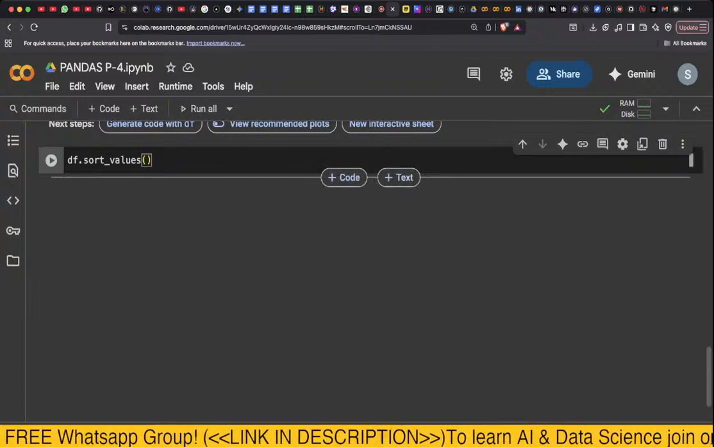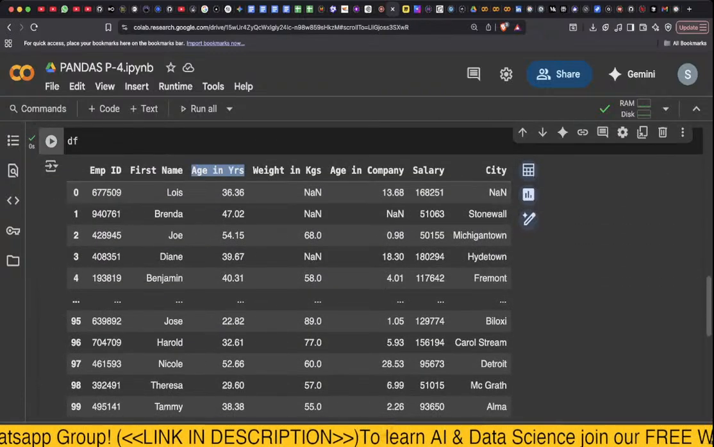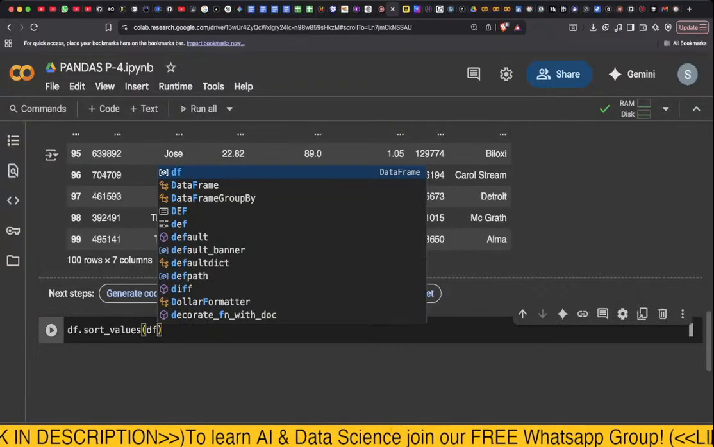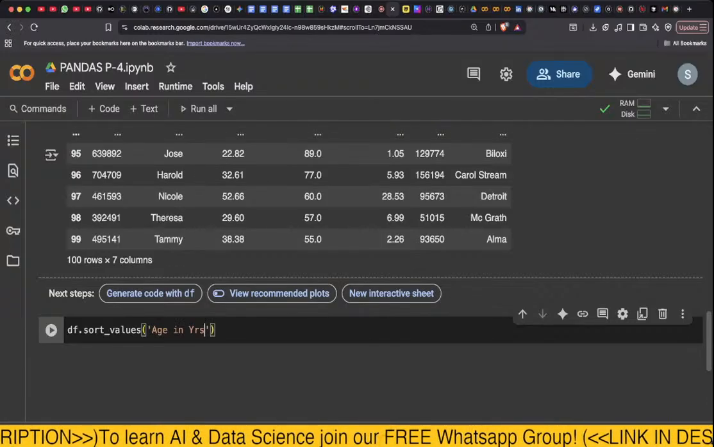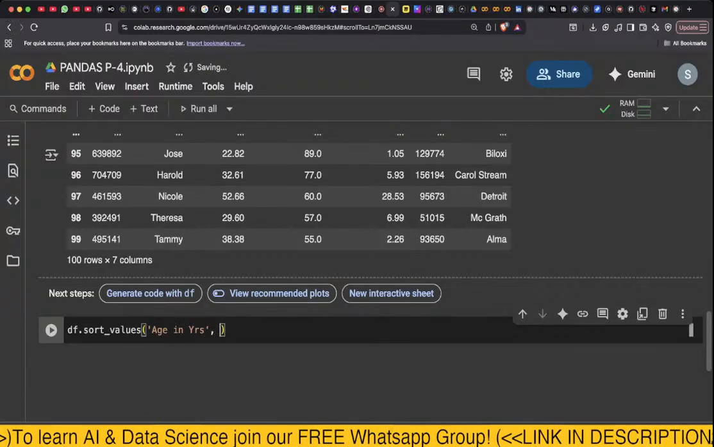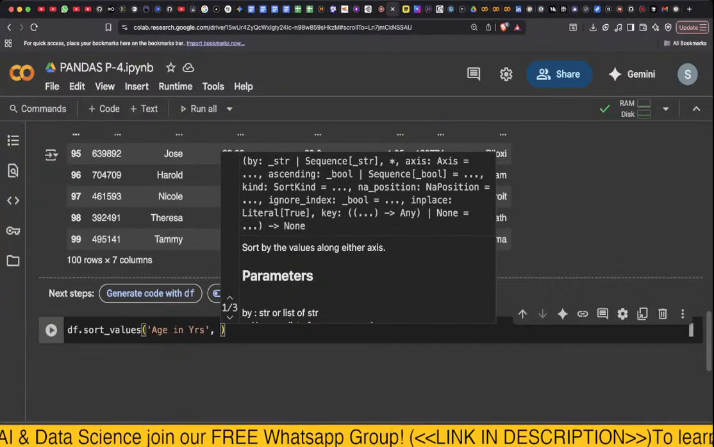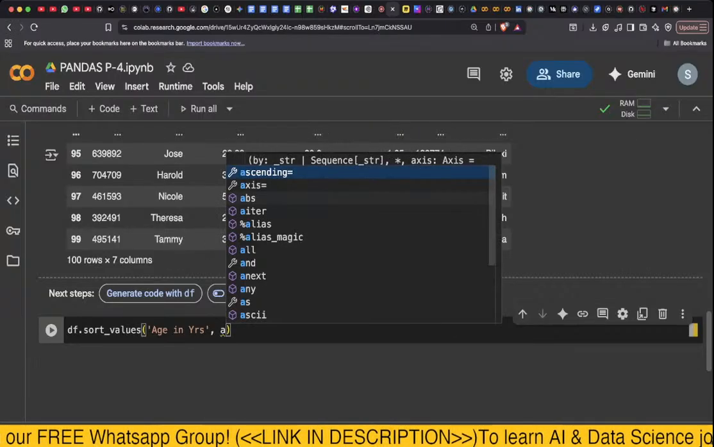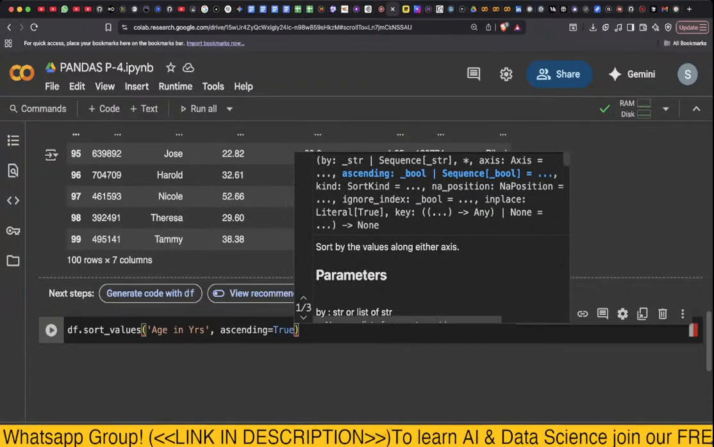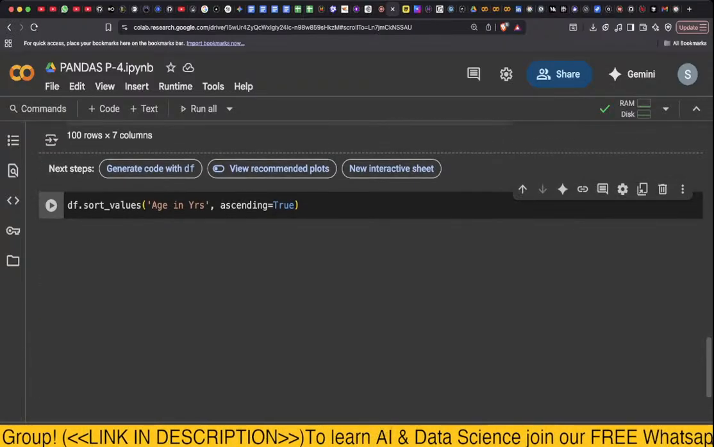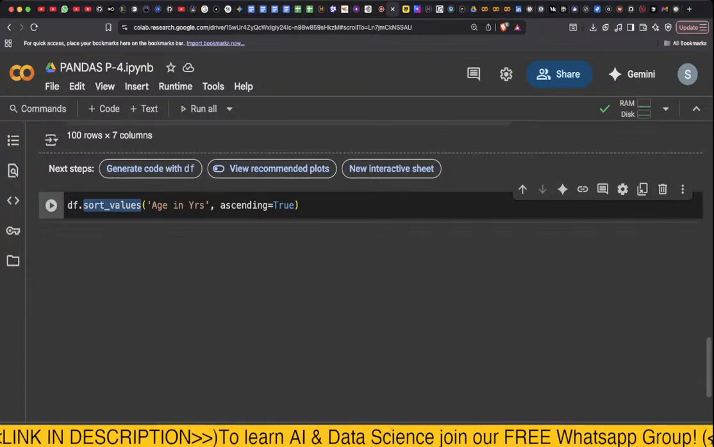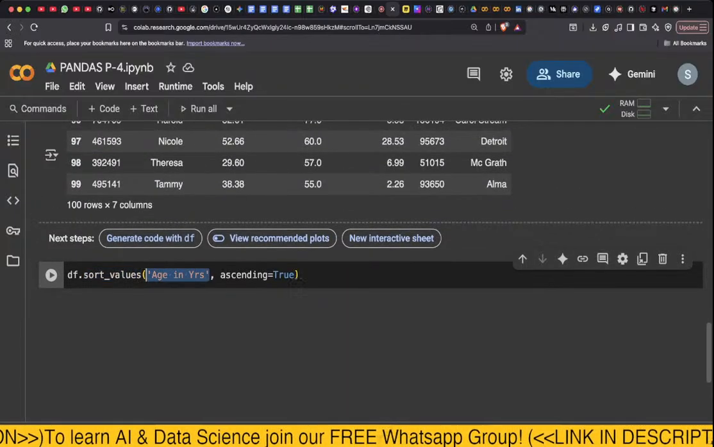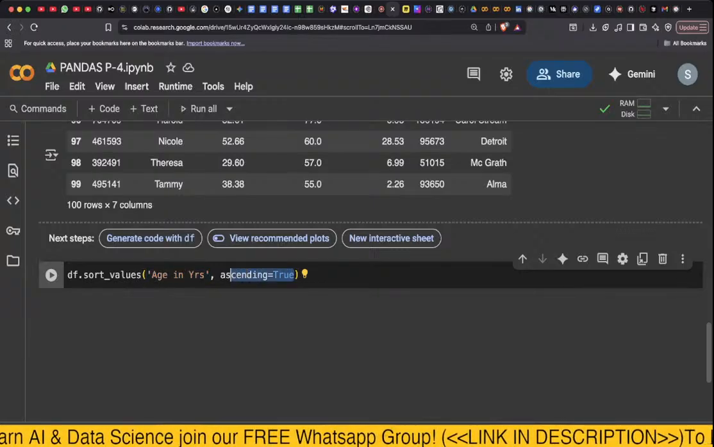So for that I need to deal with which column? Age in years. Okay, and I will say df, or maybe df I have already said. I need to add this column name, and I need to add a filter, ascending equals to true. Okay, what I have said, data frame dot sort values. I have not said sort axis, I have said sort by values. किसमें? इस column में. You need to pass column name here, and then you need to pass whether ascending or